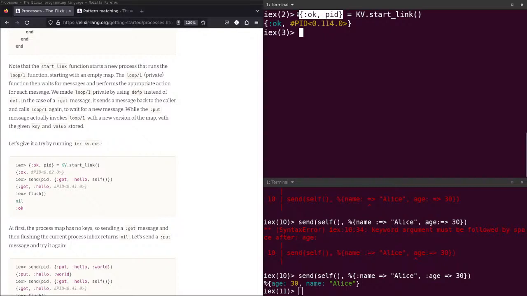What is this? This is a map. This is a destructuring. What is this? Destructuring, exactly. PID.